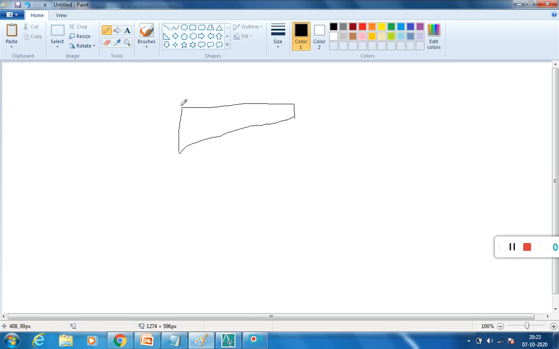One end is fixed, another end is free. So basically this is a cantilever beam, a cantilever slab.